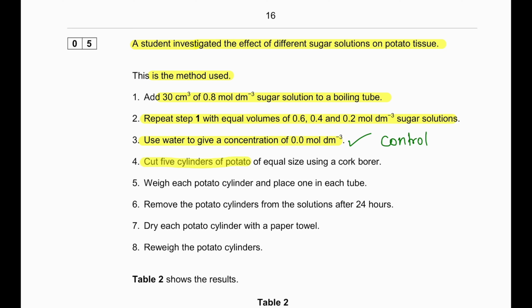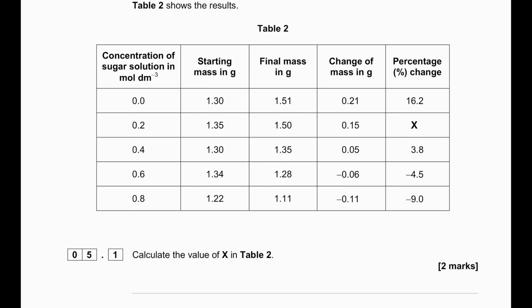Cut 5 cylinders of potato of equal size using a cork borer. Weigh each potato cylinder and place one in each tube. Remove the potato cylinder from the solutions after 24 hours. Dry each potato cylinder with a paper towel. Reweigh the potato cylinders. So we can see the concentration of the sugar solution from 0 to 0.8, and we can see the starting mass,